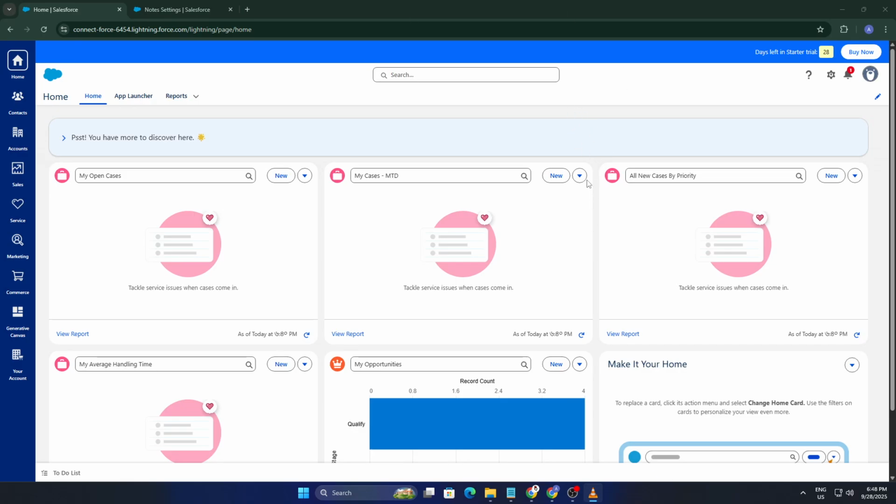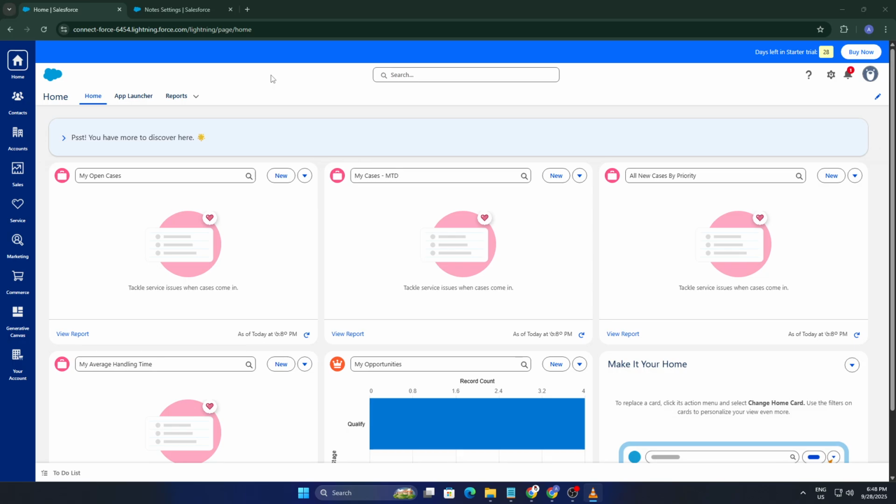Have you ever looked at a Salesforce record and wished it had a bit more visual clarity? In this video, I'll walk you through exactly how to create an image field in Salesforce, perfect for adding icons or status visuals to your records. It's simple, powerful, and by the end of this guide, you'll be able to set it up confidently on any